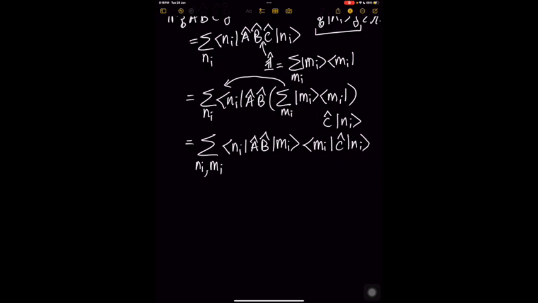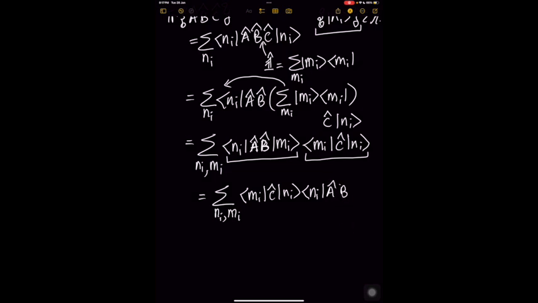Now, as you can see, for a lot of these proofs, what I'm going to do is observe that this is a scalar. This is just a matrix element of the product of the operators A hat, B hat. So it's a scalar. And then this is the matrix element of the operator C hat. So I'm going to switch its order, because they're just scalars. They're like numbers 5 and 10. So 5 times 10 is equal to 10 times 5, something like that. So you get bra m sub i, C hat, ket n sub i, bra n sub i, A hat, B hat,